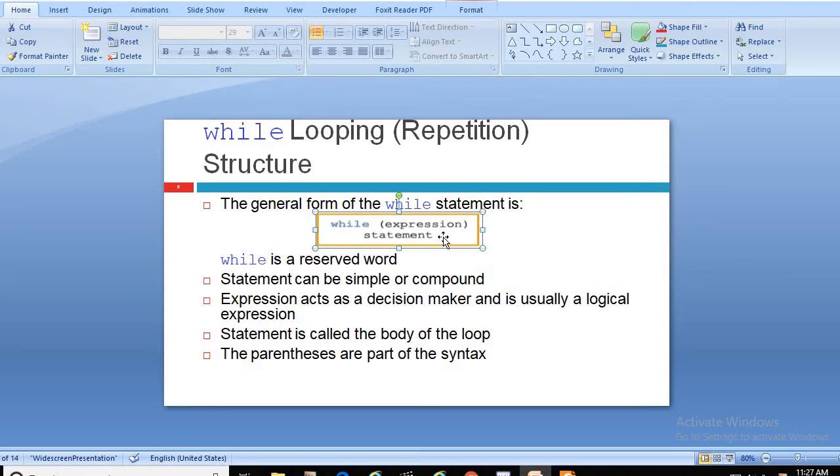For example, age is greater than 60, or it should not be less than 0, or the variable x is not equal to 0, and so on. The statement is called the body of the loop. The parentheses are part of the syntax.